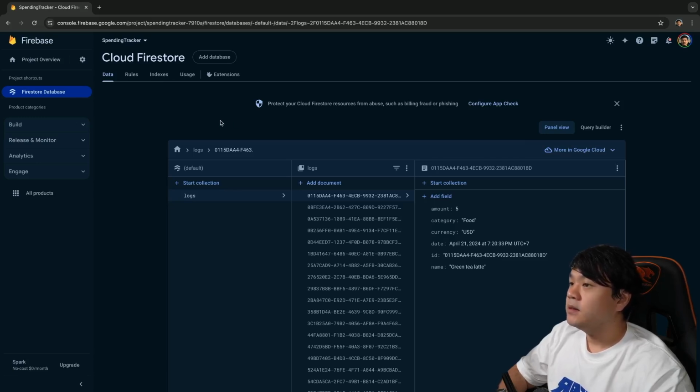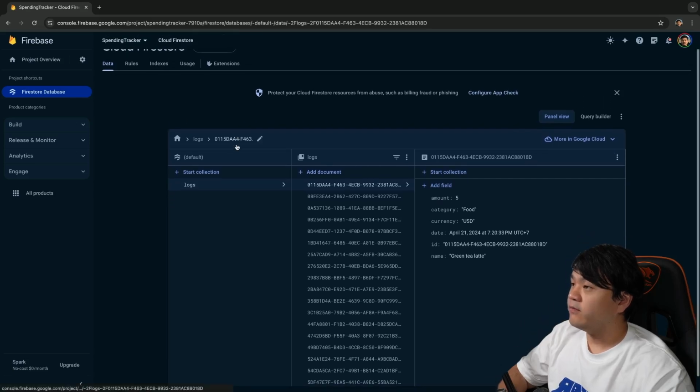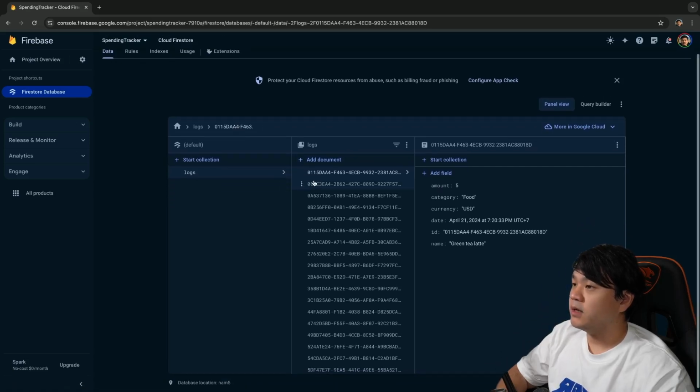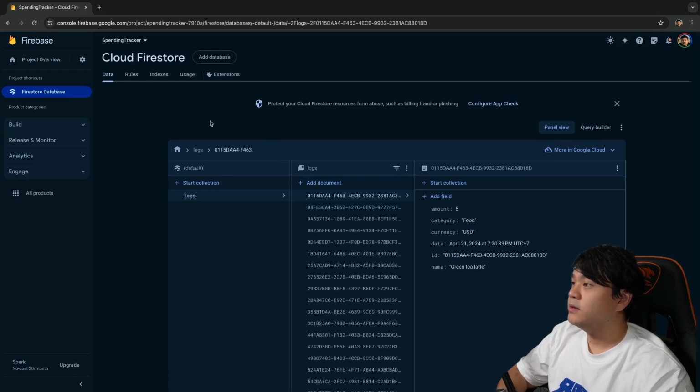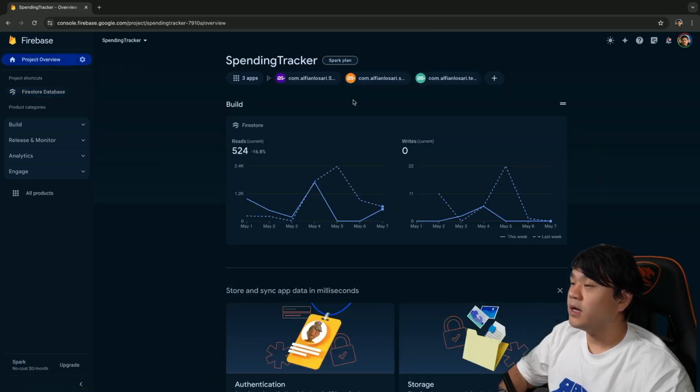Okay, so this is my Firestore. I already have data in here, uploaded some data when I was making this video. Okay, so after you created the Firestore database and selected the region, now click this project overview and click plus and